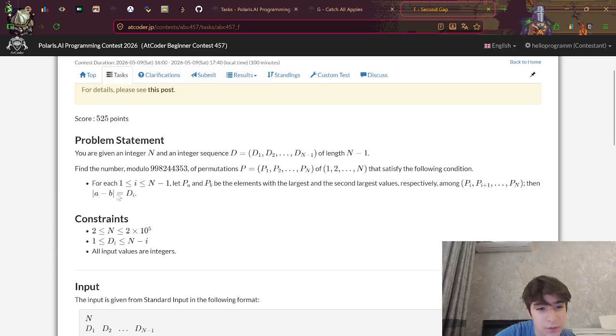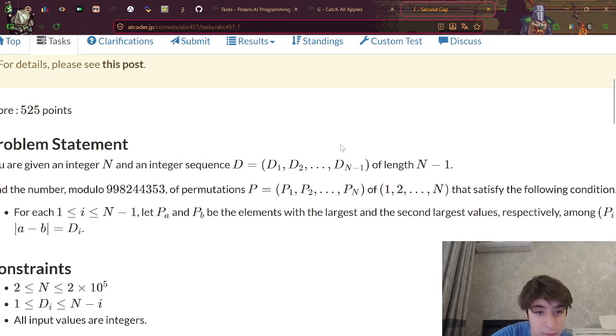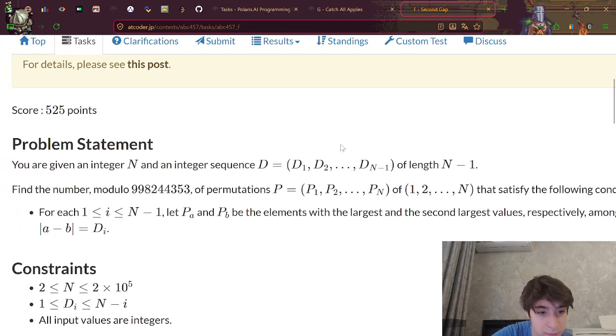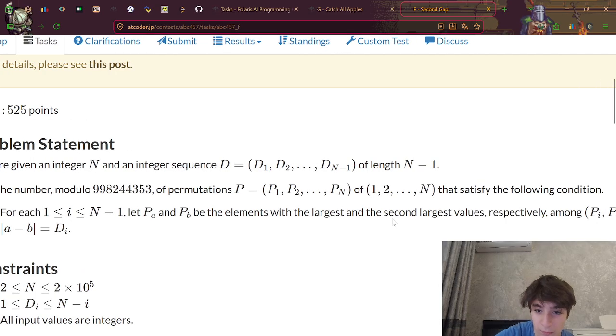You're given an integer n and an integer. Find the number modulo of permutations p of.